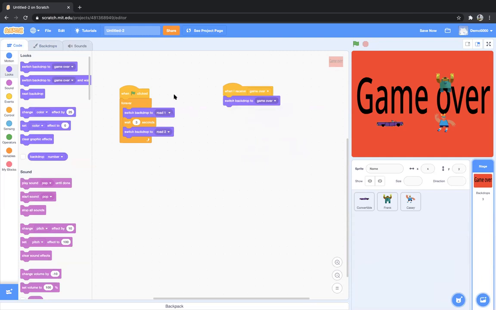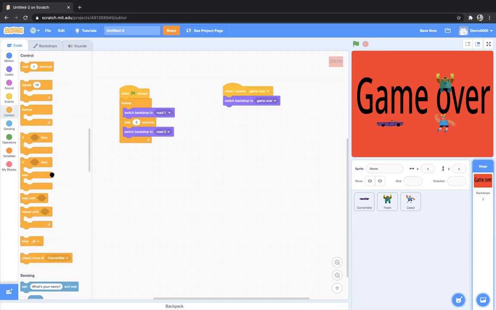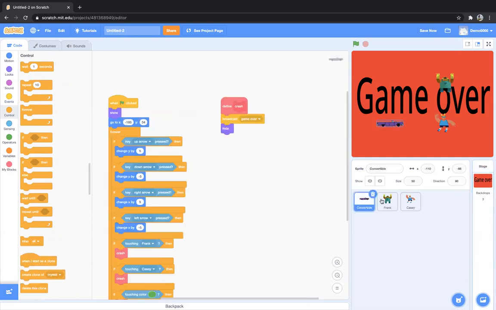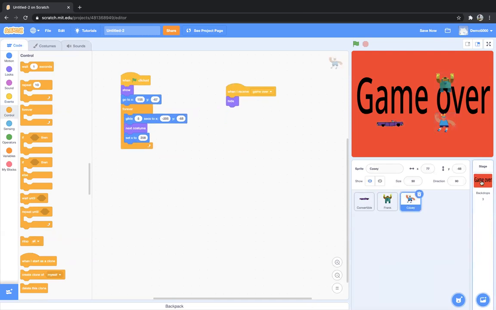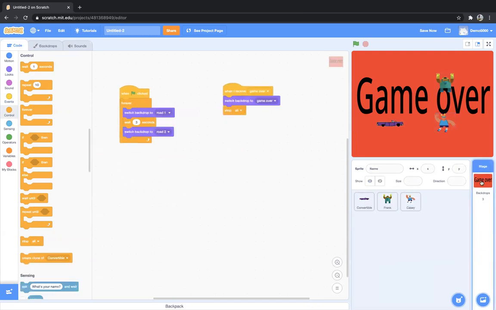And then we want the entire game to stop. We don't want anything to be running then. So I'll go to control here, and there is a stop all option. When I select this stop all, all the scripts that we have used in this entire game, for the car, for Frank, for Casey, for the backdrop, would be stopped. Now let's click on the green flag here and let's see.